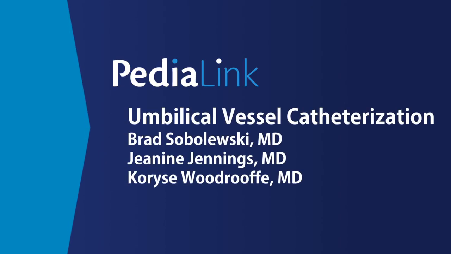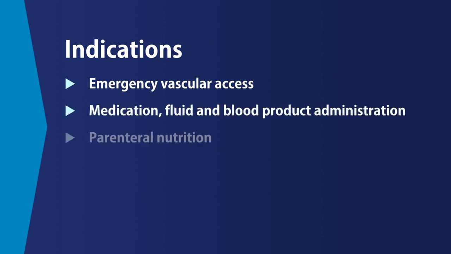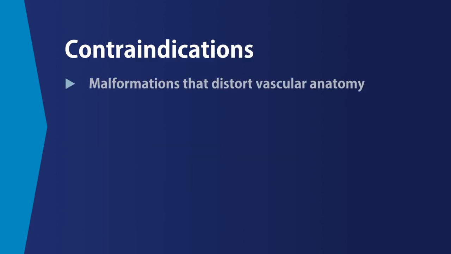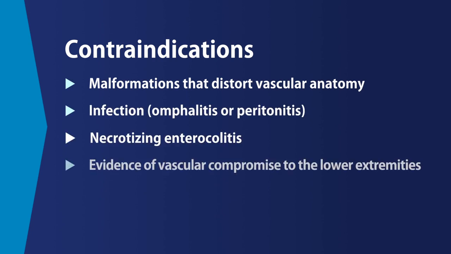This video details performance of umbilical venous and arterial catheters in neonates, the indications of which are for emergency vascular access, delivery of meds, fluids, and blood, parenteral nutrition, and obtaining laboratory studies. Contraindications include malformations that distort the vascular anatomy, infection, omphalitis or peritonitis, necrotizing enterocolitis, or evidence of vascular compromise to